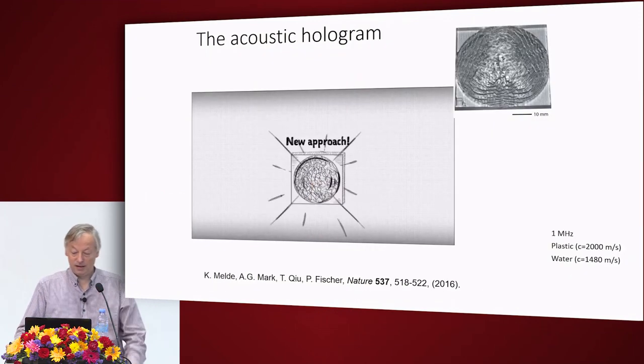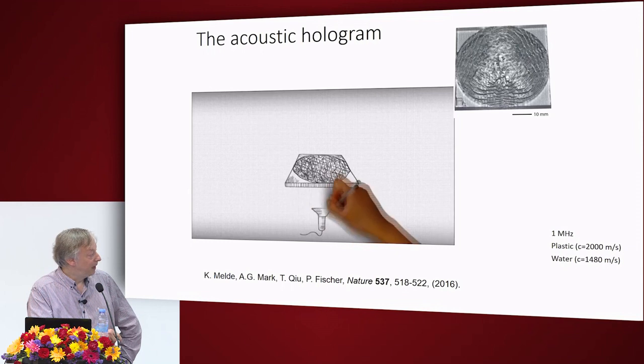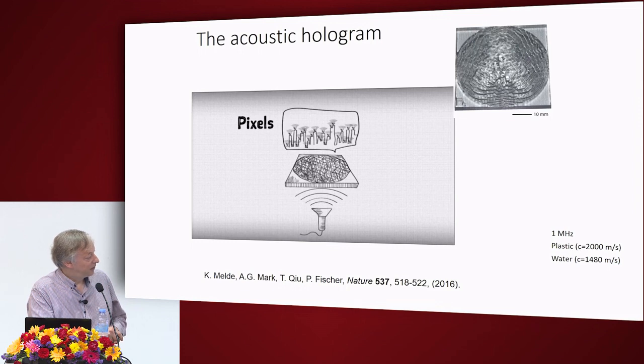So this is our very, very simple solution to this problem. We're using a simple transducer, only one. It produces a plane wave, and on top of that, we basically take a 3D printed plate, which is the hologram. And what now happens is that as ultrasound propagates through this plate, and imagine this has different thicknesses, so at each location, the sound will traverse this plate,